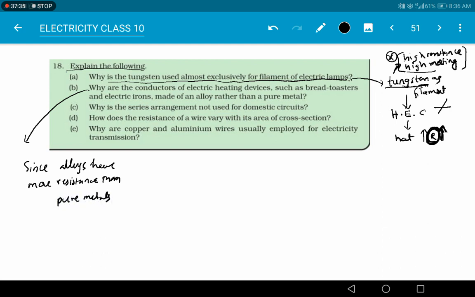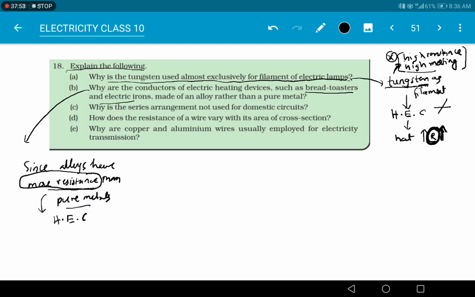Okay? So because of their more resistance, these devices, bread toaster and electric iron, work on the principle of heating effect of the current. So that's why alloys can be selected